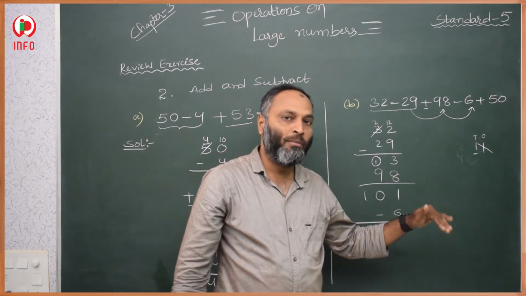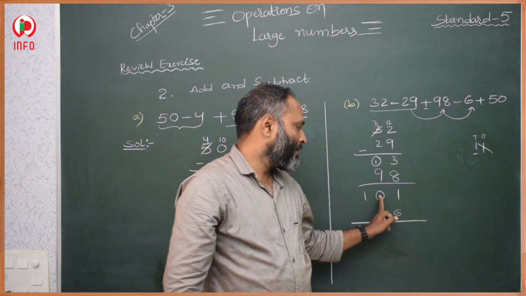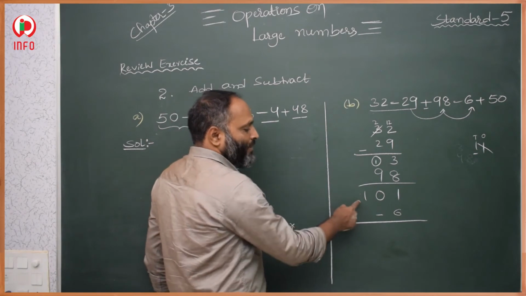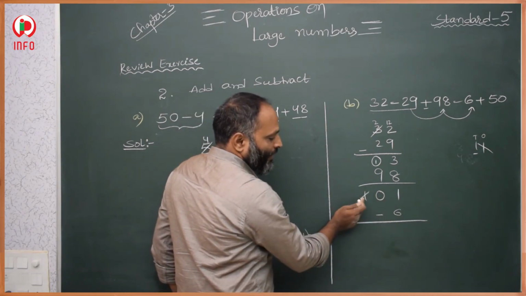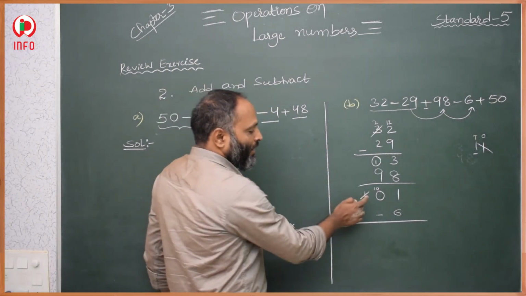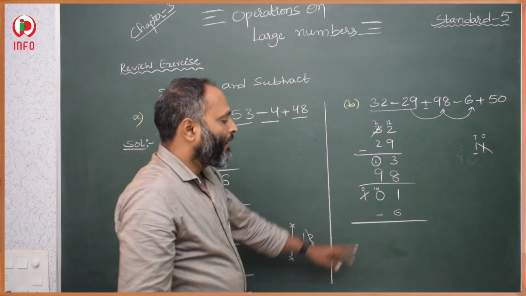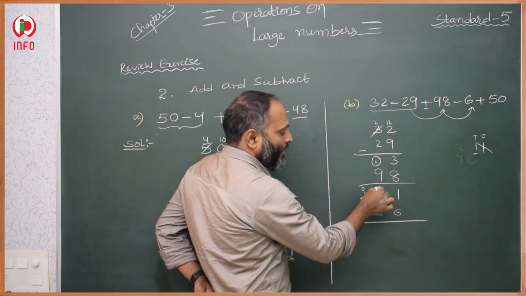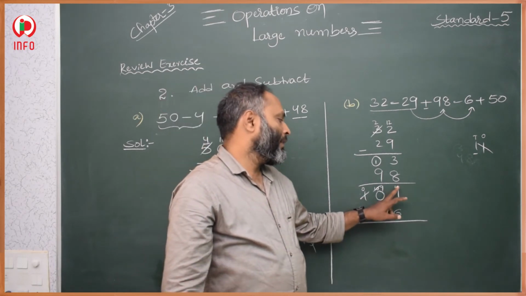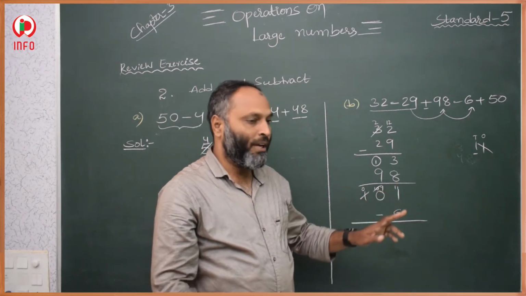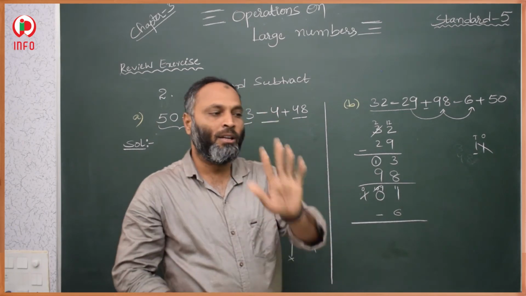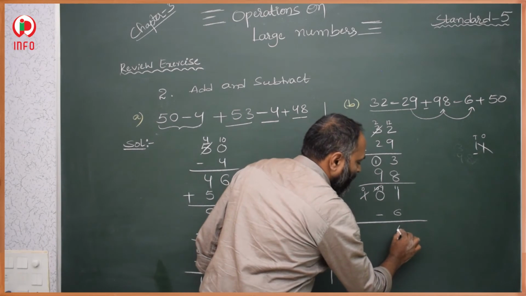Then we take a borrow from the next digit. The next digit is also 0. So we have to borrow from the very next digit, from the hundreds place. From here we are taking a borrow. 0 will get 10. So here 1 will get 0. Here 10, again we take a borrow from 10, so it will get 9. It will get 11. 11 minus 6. From 6 to 11 we have to count: 7, 8, 9, 10, 11. Total 5. 11 minus 6 is 5.